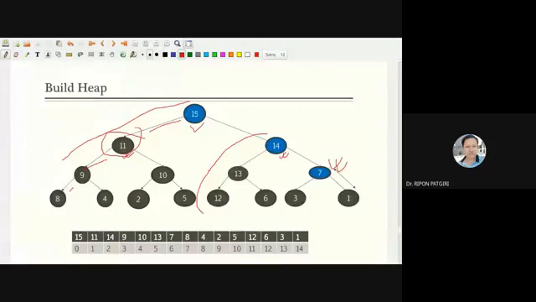Due to this big O of n time complexity, we adopt this technique. Otherwise, we can build in another way also, but it will cost more.